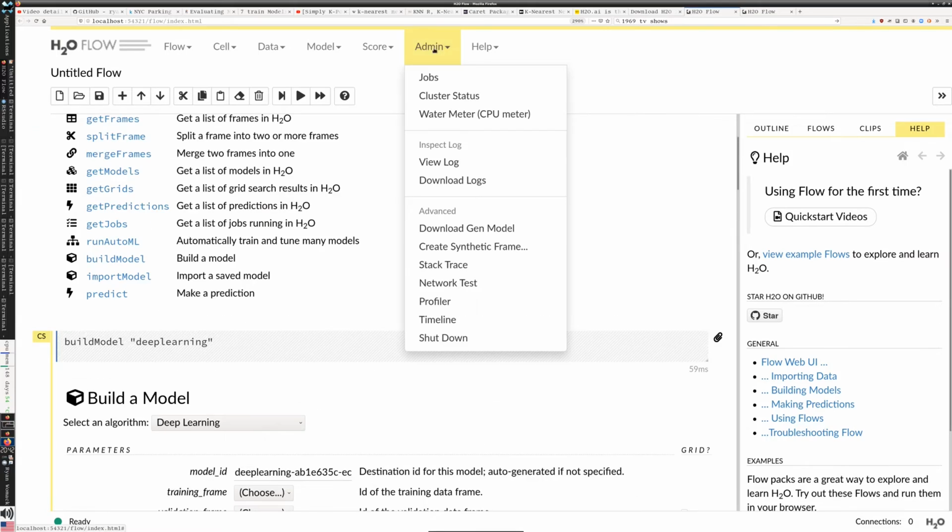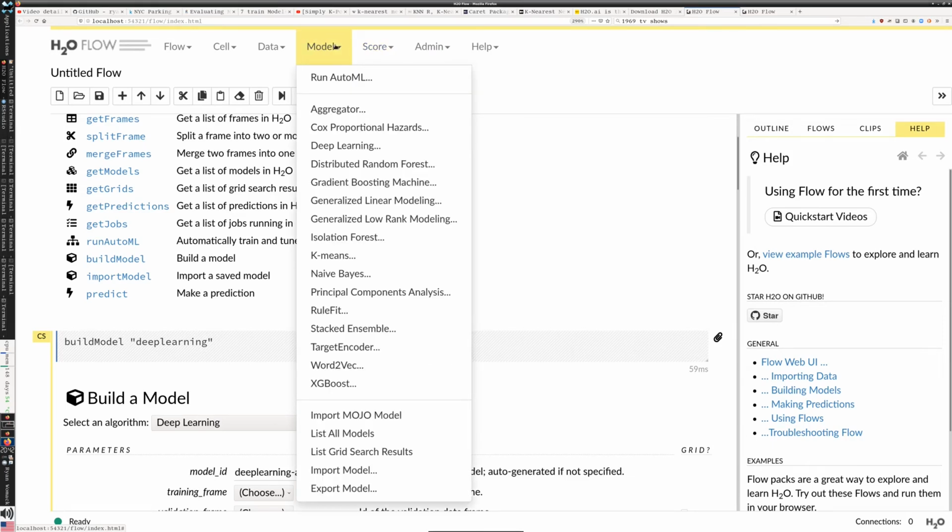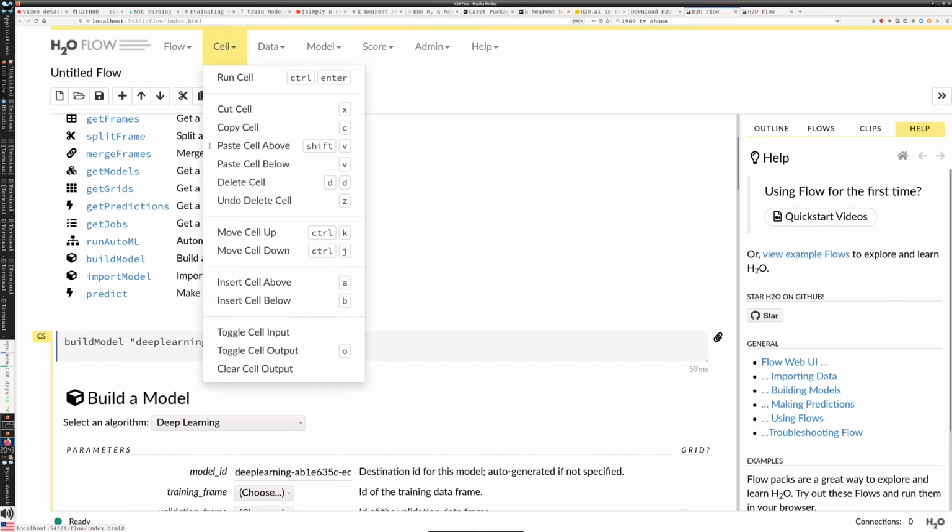So this is sort of the next stage that you may want to think about, for a kind of a Jupyter notebook approach